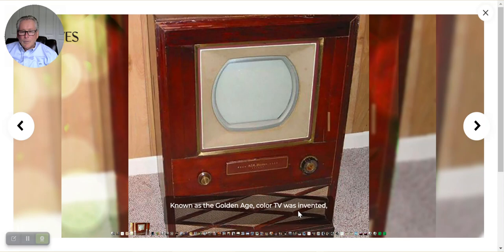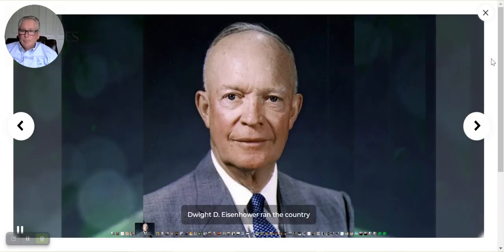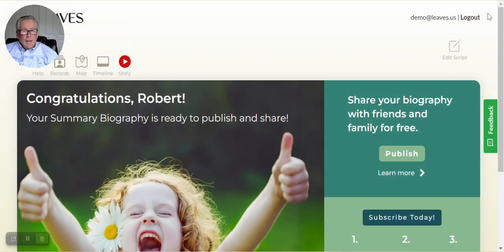Known as the Golden Age, color TV was invented. We added color TV was invented on that slide. Dwight D. Eisenhower ran the country. So you get it now. You just click edit script, edit each slide to your heart's content, replay it, make sure it's the way you want it, and when it is,